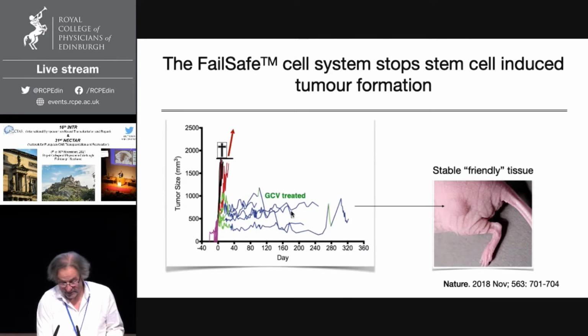And then using the ganciclovir, which is the prodrug of the kill switch, at the size of 500 cubic millimeters, we could actually kill all the dividing component of the teratoma, leaving the already differentiated, mitotically arrested component of the teratoma. We stabilized it. With a short ganciclovir treatment, we put this tumor into dormancy. And it didn't disappear, it stayed under the skin for a really long time, for the life of the mouse, which was good, showing that we have a solution for